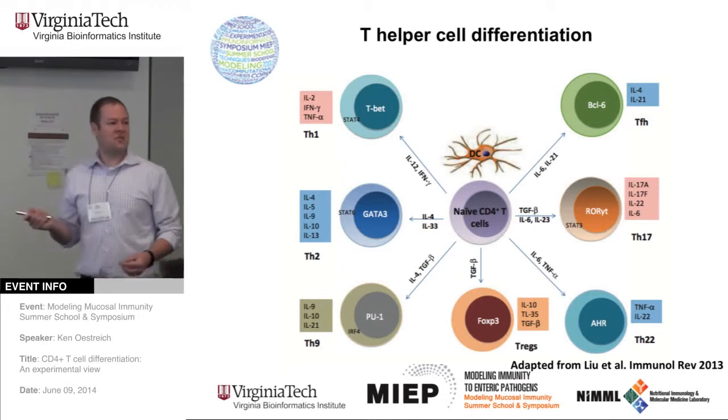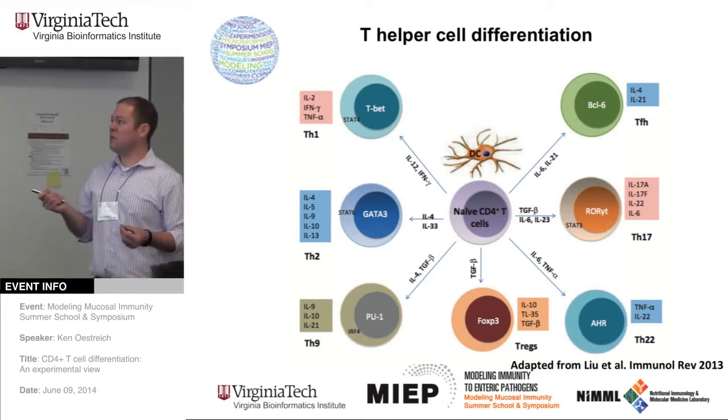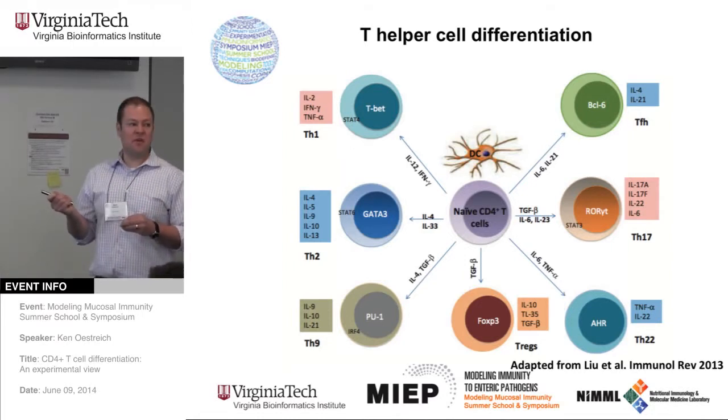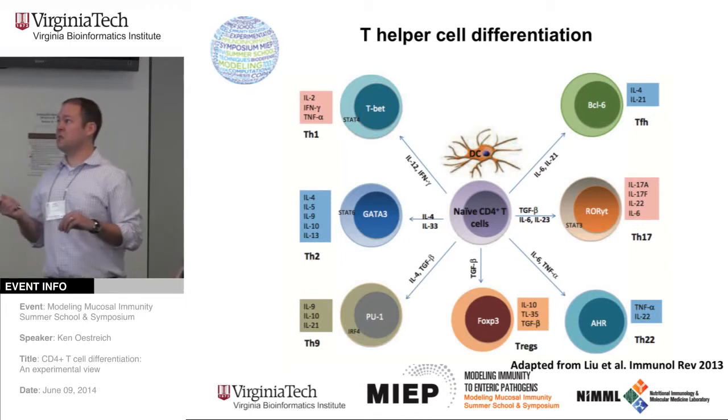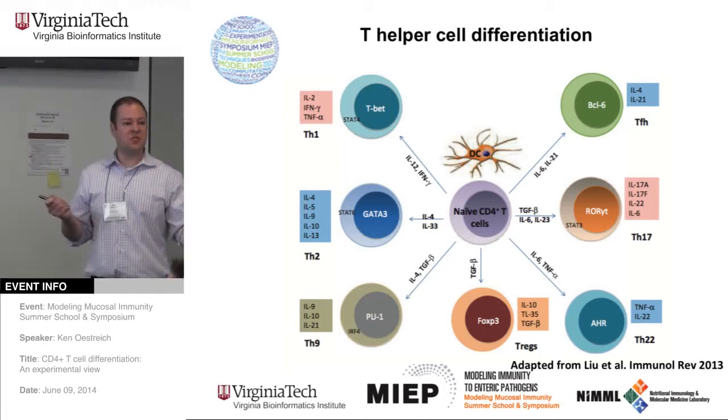So a logical question to ask, and one that researchers have been looking at for a number of years now, is how can all these diverse T helper cell populations arise from a single naive CD4 positive T cell? And the answer is, as this cell encounters particular environments or cytokines, it actually upregulates particular lineage-defining transcription factors. You may also have heard these called master regulator transcription factors that actually go on to establish the gene expression